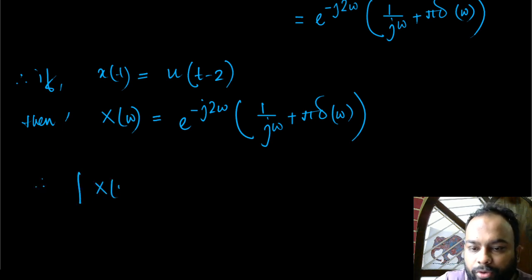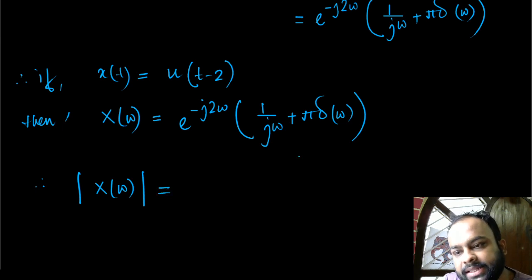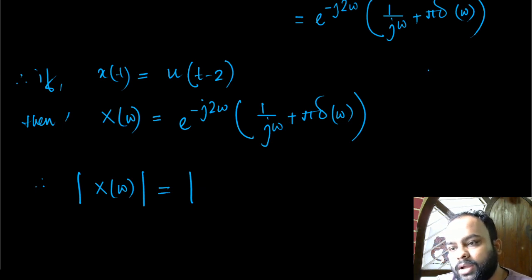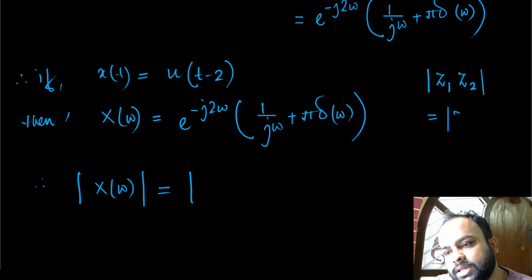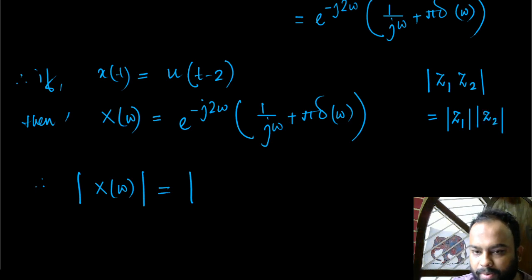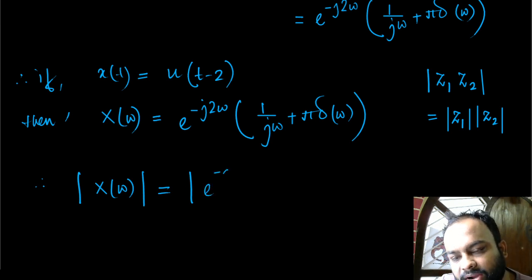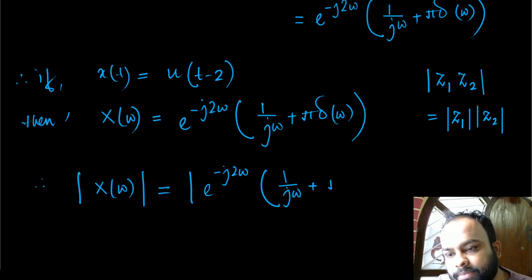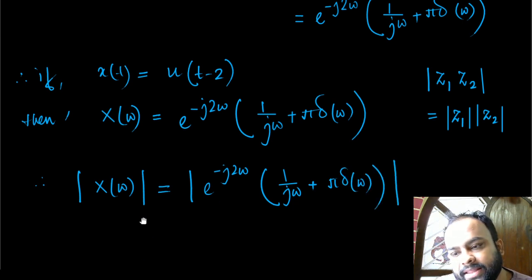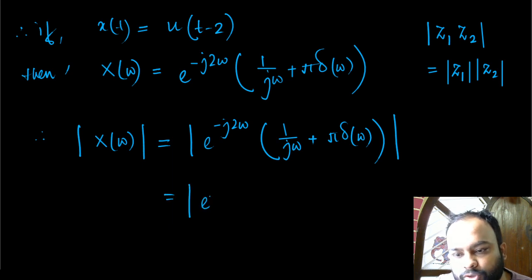if I take the magnitude response, try to understand, this is a complex number, this is also a complex number, multiplied, right? If you recall, if I have two complex numbers multiplied and I take the modulus of those, then I just individually multiply the moduli. That's the property of complex numbers. So here, if I take the mod on everything, the thing in the parenthesis is a complex number, and this exponential is also a complex exponential, so it's a complex number again. But if I take this modulus, I have two individual moduli here, this one and this one,